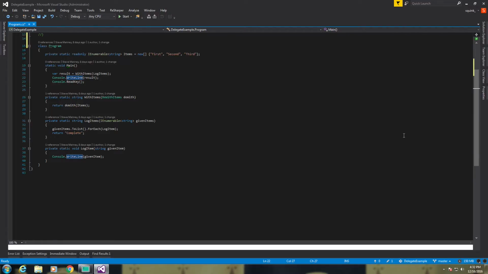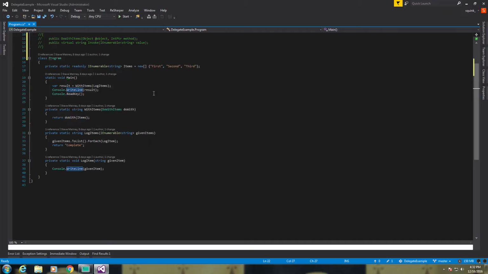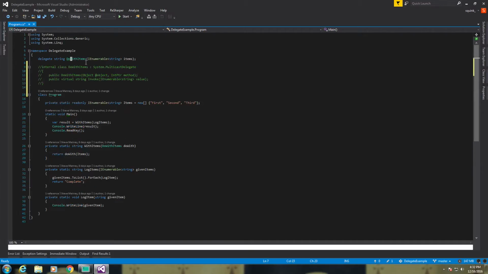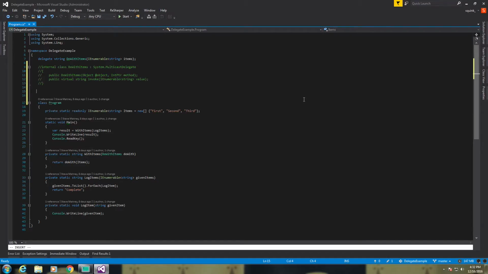So as we move toward the more modern language features, the first thing I would probably do is get rid of this DoWithItems delegate, because really we no longer need it. The C# language designers, after introducing this feature and generics, realized that we don't really need special delegates. We only need two basic ones. And those basic ones are Funcs that have a return type,